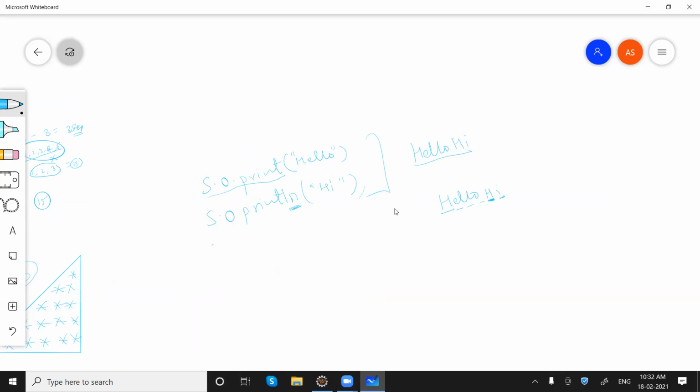So now if I say something else, like we have one more statement, that will be printed here because the cursor has been shifted to the next line. Getting my point? So whenever you want to change the line after printing something, you should use println. And if you want to keep the cursor on the same line, then you can go with print. Yeah, okay, thank you. Make sense? Yeah, thank you.